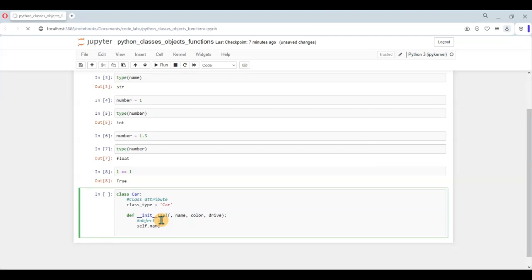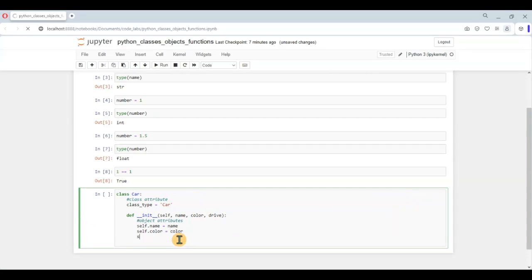So these attributes belong to the object, that is the instance of the class, whereas this attribute belongs to the class itself. Okay, so self.name equal to name, and we'll see later on the scope and how it matters and what is the difference, right? We'll see that. Self.color equal to color. So once I create an instance of this class, I will initialize these attributes with these arguments, color, and then